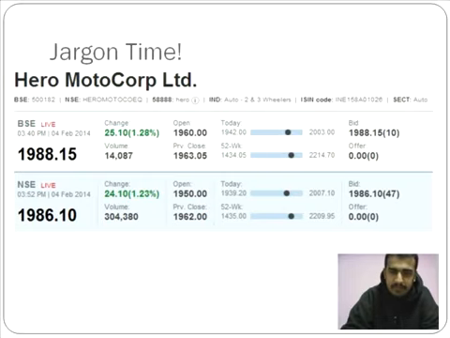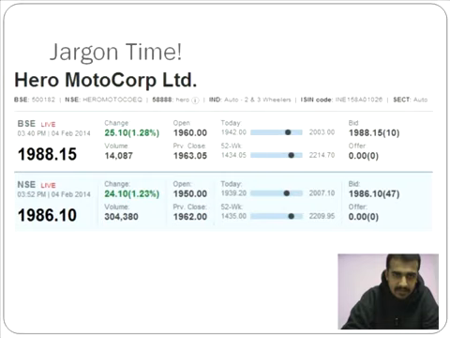And then you have the ISIN code. ISIN codes are international. So even if you have an investor, say from Germany, who wants to trade in Hero Motor Corporation, from his office in Germany, he could use the ISIN code there, INE 158, and go about trading from his German office as well. And sector, what sector is Hero into? Automobiles. Now, next thing that you have there is the exchange information. We'll look at the first half that is there on top, and then we'll proceed to what NSE has to say. Now, BSE there, as you can see,